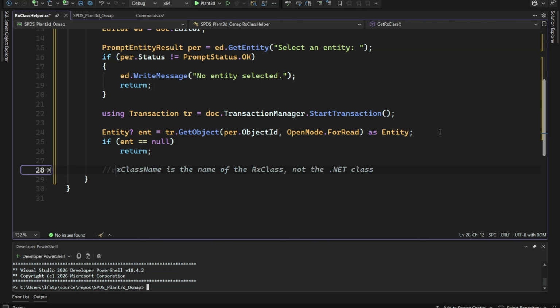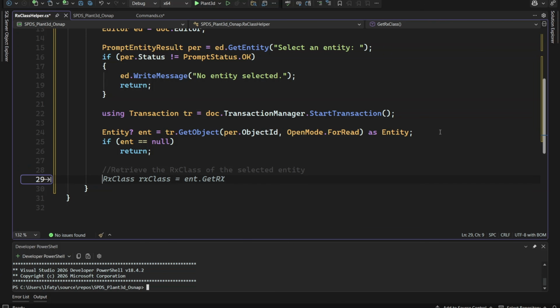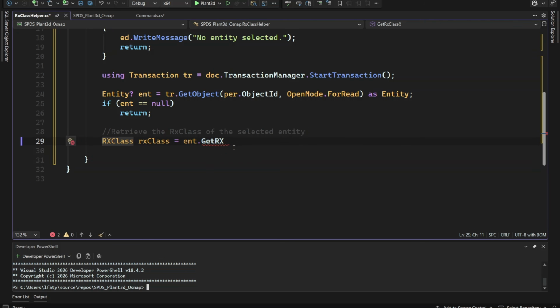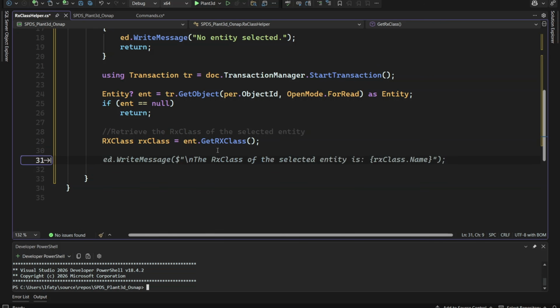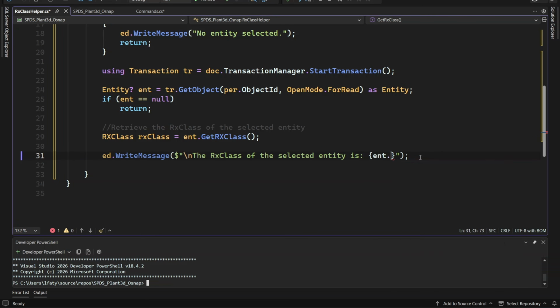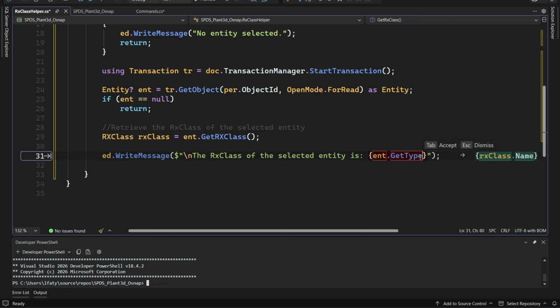Just retrieve the RX class. So RX class, we don't have to trust Copilot for 100%. So entity get RX class, and then let's write all the needed information in the command line. So editor, write message. Here we need the first, let's output the type, so get type full name, and it is not RX class but the